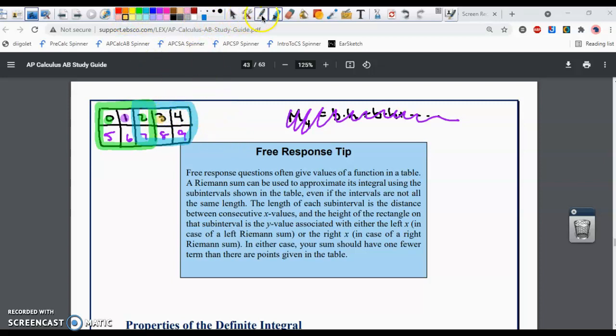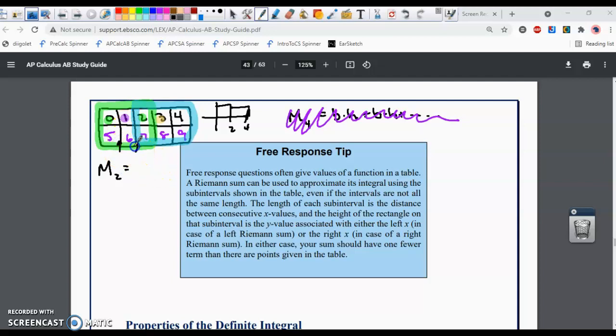Okay? So this midpoint sum, follow me here, only has 2 rectangles, the one that goes from 0 to 2 and the one that goes from 2 to 4, right? And that would make perfect sense on a graph, right? You're going to have a rectangle here and a rectangle here. I think I just drew those going down and this would go up, but whatever. So I would only be able to do a midpoint estimate here with 2